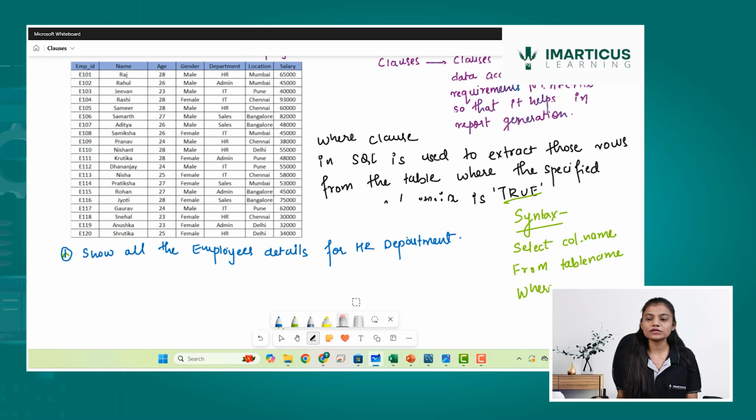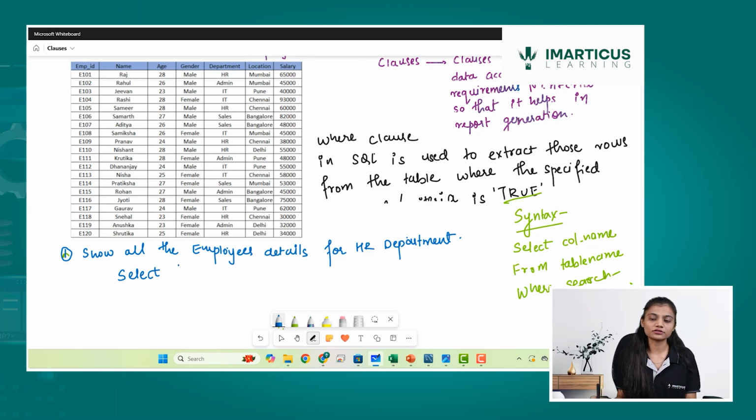Now let's try to see with respect to this question how I will be matching the syntax and generating a result set. Now let's try to write the query. What is the query? I'll obviously write select. Now there is no specification of column. No one has said that you have only these columns to be shown in the outcome. So you can put star over here. If it were mentioned to show only the name, department and gender, then instead of star you would write name, age, gender and so on. So select star from